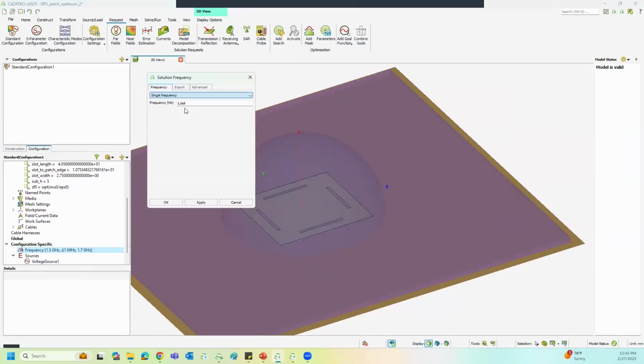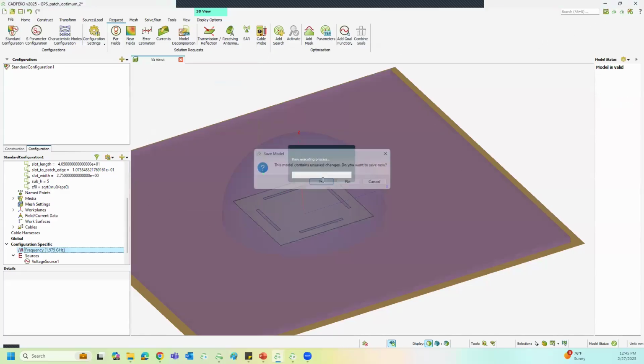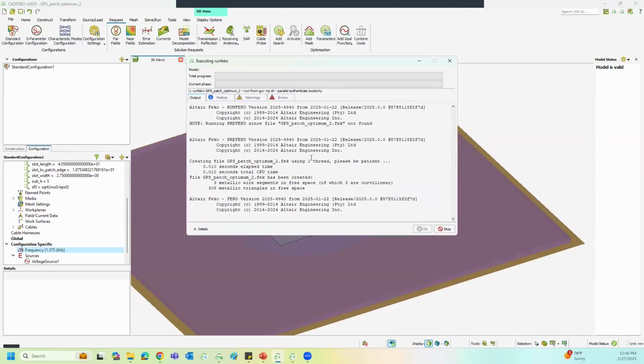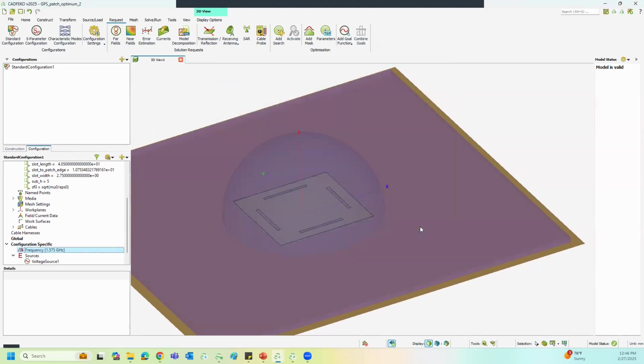Just for the sake of time, let me run it at 1575 megahertz. I picked this example because even for a live demonstration, it won't take much time to run, just a few seconds. That's the main idea behind picking this example for demonstration, rather than showing a live demo with that LTE antenna. If I open POSTFEKO,